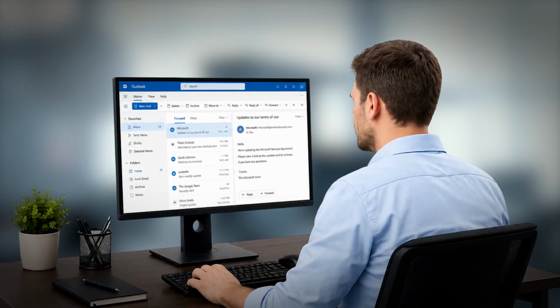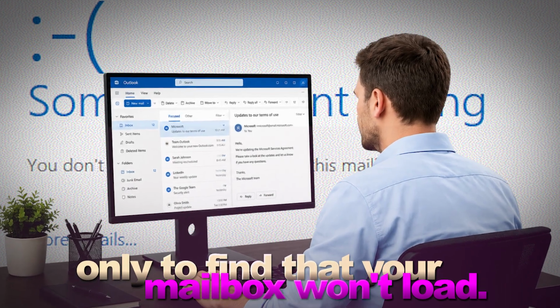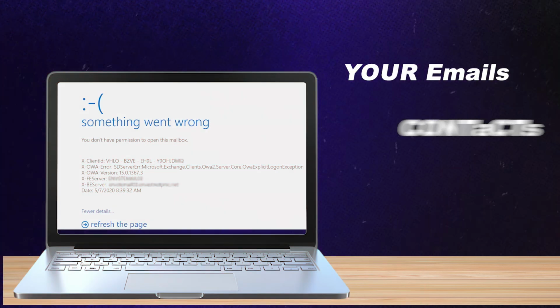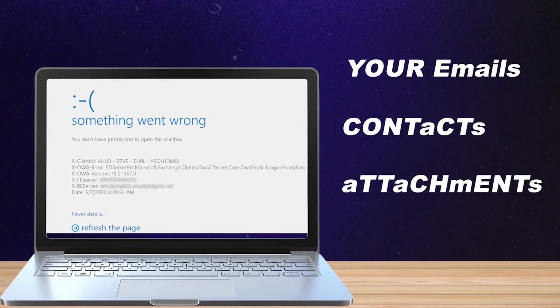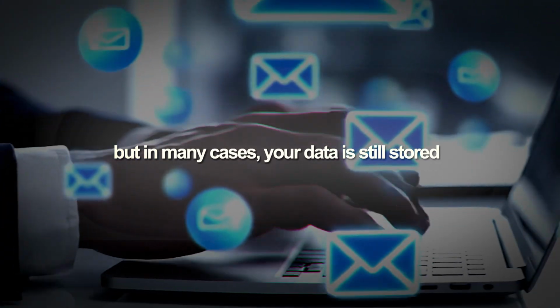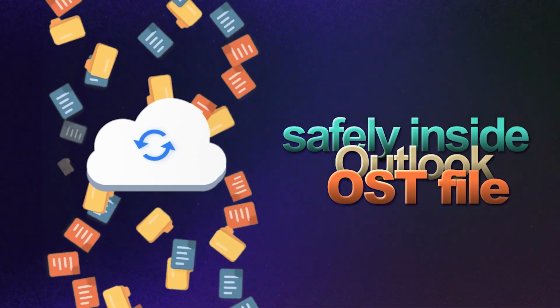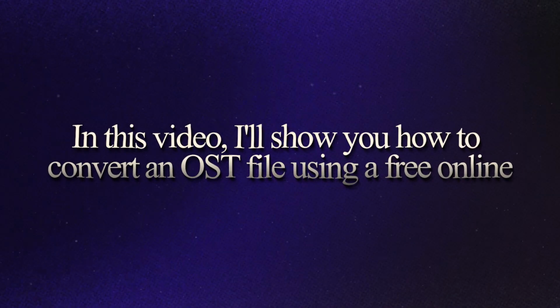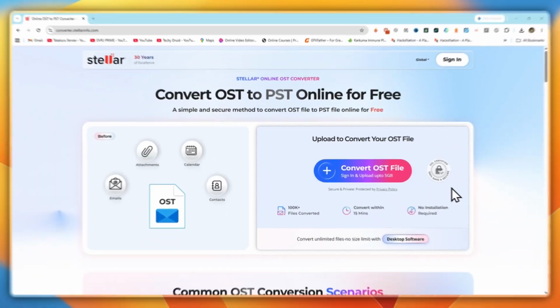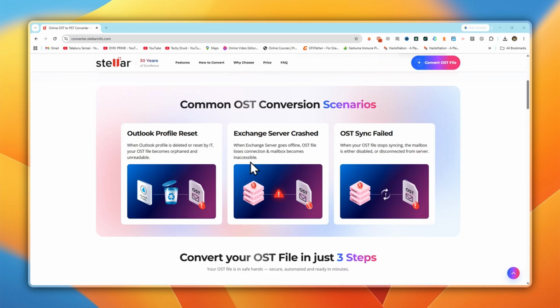Imagine opening Microsoft Outlook one morning only to find that your mailbox won't load. Your emails, contacts, and important attachments suddenly seem unreachable. It sounds stressful, but in many cases, your data is still stored safely inside an Outlook OST file. In this video, I'll show you how to convert an OST file using a free online OST to PST Converter